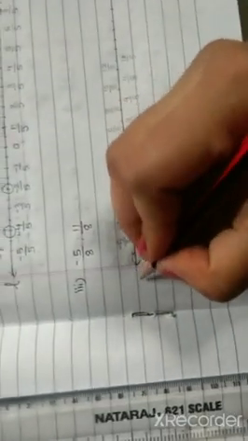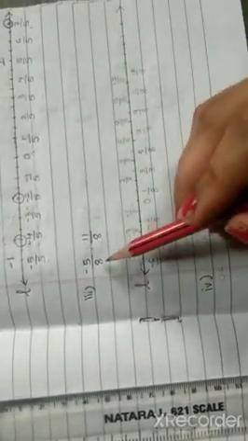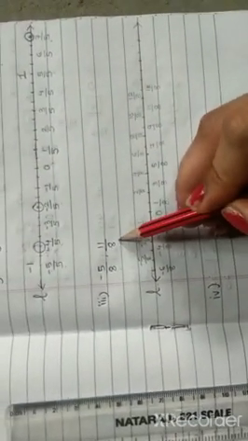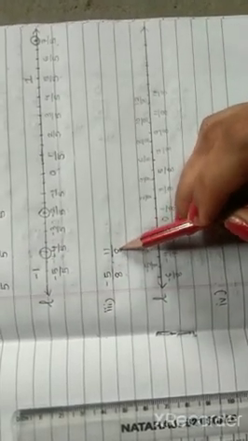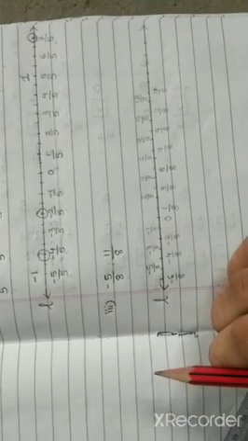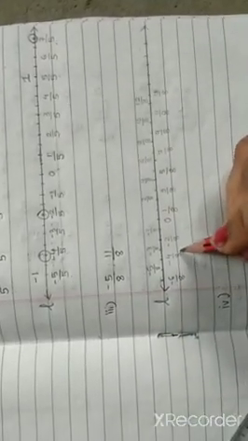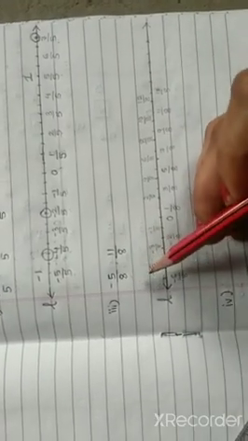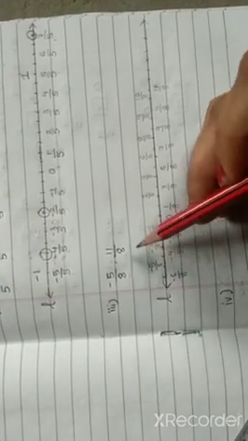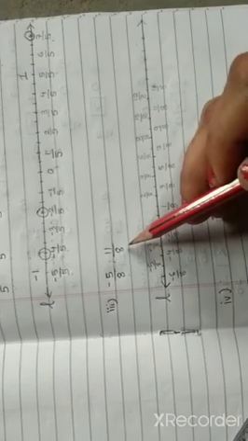Moving to the third sum. On the third term we are given two numbers to draw on the number line. The number is -5/8 and 11/8. Again the process is the same. I have drawn again using ½ centimeter distance, plotting points on the negative side, that is on the left hand side up to -5 and on the right hand side up to 11/8.